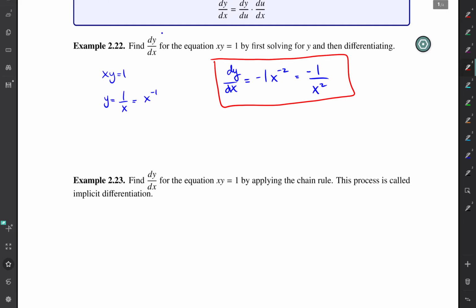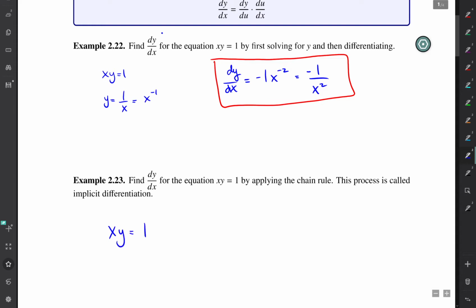Okay, in example 2.22, we found dy/dx when y is equal to 1 over x, or x times y equals 1. And now we're going to find the same derivative, but using the process of implicit differentiation, which is an application of the chain rule. And so with implicit differentiation, what we do is